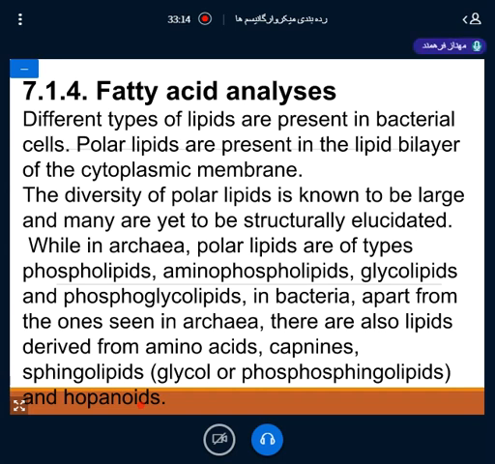So you can see the types of different fatty acids here in bacterial cells and archaeal cells. And the polar lipids in bacterial cells are made from